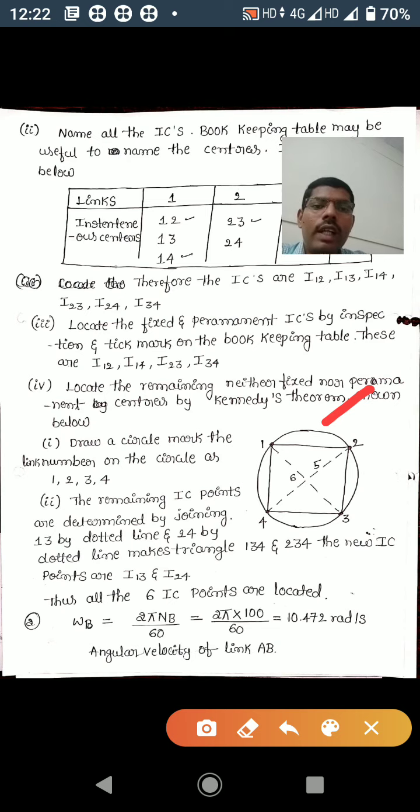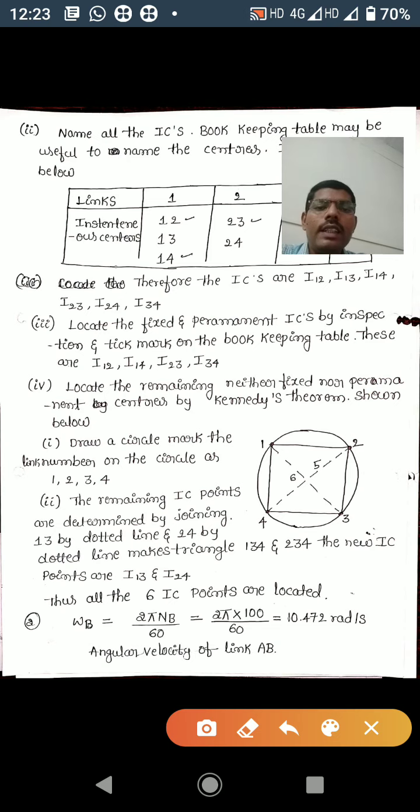Look here, 2 triangles. What are the 2 triangles? This is one triangle and this is one more triangle you will get. The names of the triangles are 1-2-3 and 1-4-3. So where these dotted lines 2-4 and 1-3 join, it will make another IC. That is the concept. It is very easy to understand, so don't get confused. It is a very easy concept.